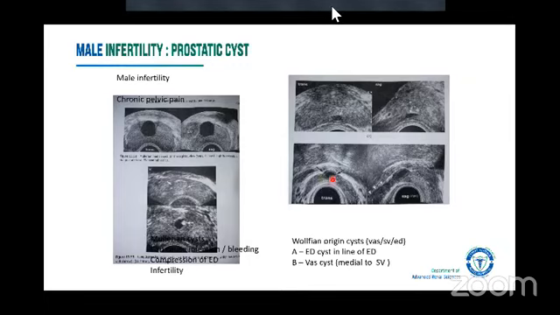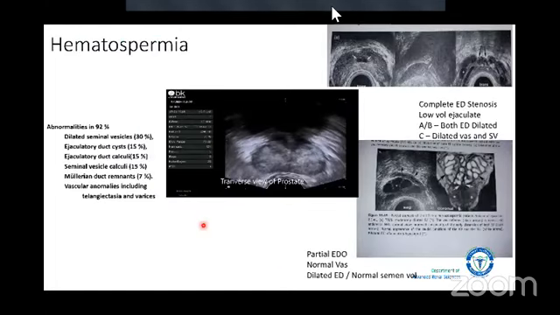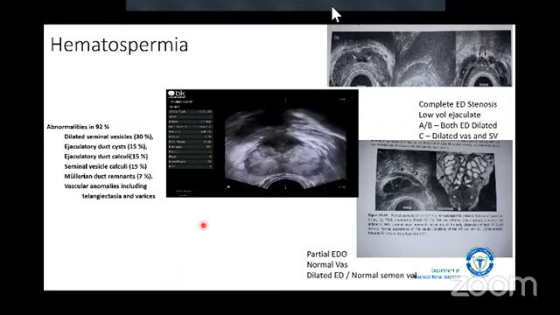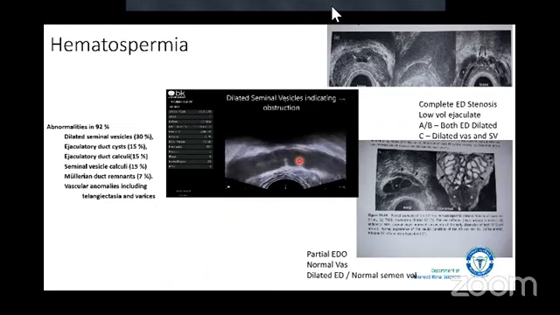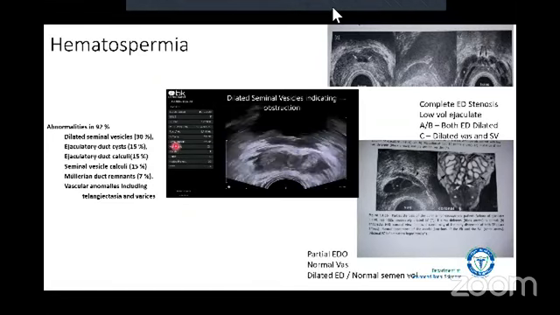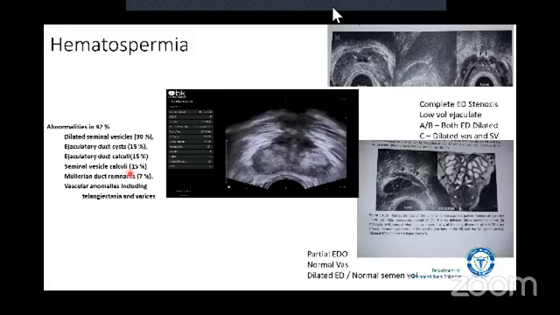Of course, if the cysts are in the midline, they are more likely to be in the ejaculatory duct. If they are in the periphery, they are more likely to be in the prostate. One of the important investigations is hematospermia. In hematospermia, we find dilated seminal vesicles in more than 30–40% of the cases, and that means that the seminal vesicles are usually obstructed. There can be other anomalies of the ejaculatory ducts, calculi in the seminal vesicle or the ejaculatory duct, and some remnants which can be diagnosed on the transrectal ultrasound.